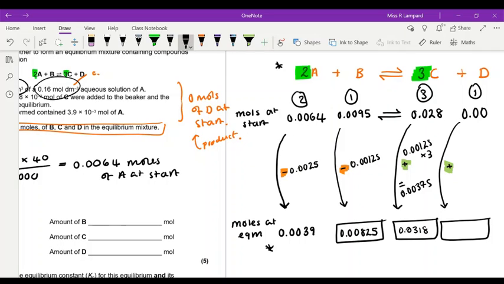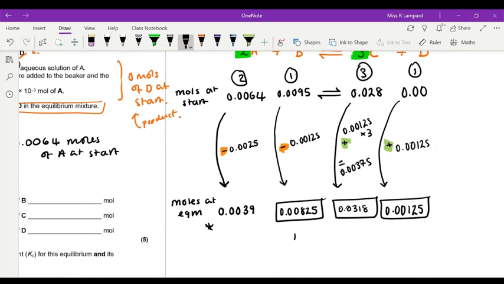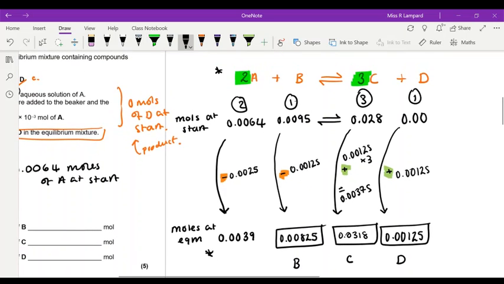0.0318. Okay, and we've gone from 0 moles, and this is a 1 to 1 ratio. You can see now that we're using a ratio of 1, that's gone up by 0.00125. So our answer there would be 0.00125 moles. And there we have calculated the number of moles of B, of C, and of D at equilibrium. Perhaps you'd like to pause the video now and go through that in your own mind. And I'm going to continue with part